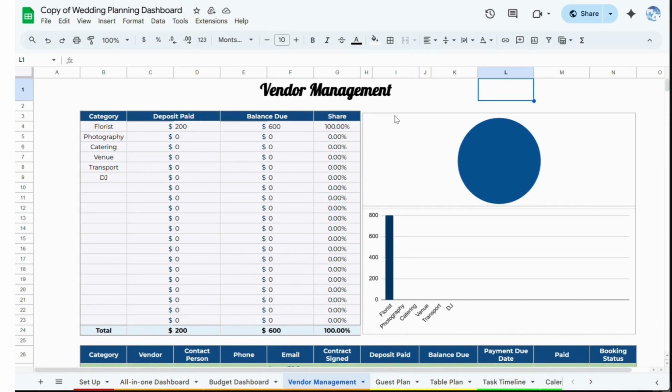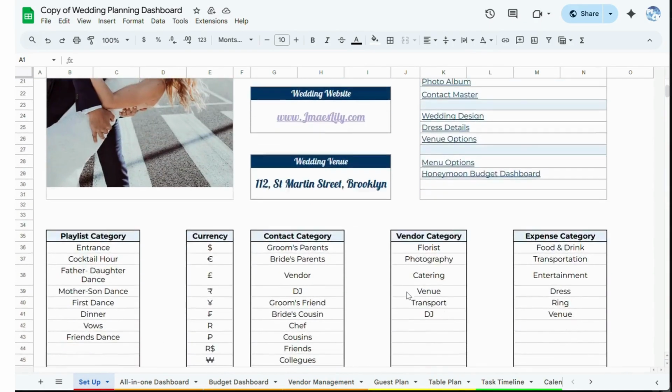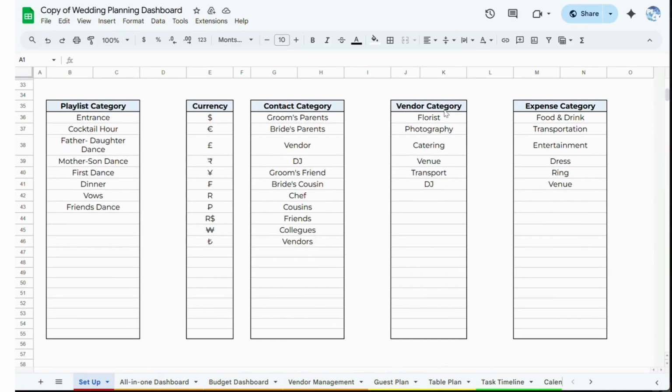This tab you can use to compare all your vendors, and based on that, you can decide which vendor you want to prefer. Here, I have provided 20 categories of vendor, and in each category, you will have up to maximum of five vendors, where based on that you can decide which vendor you want to go forward with. So here first, let's see these are the categories. So suppose you want to enter one another category for your vendor. Suppose here you will go into this venue category and you will enter